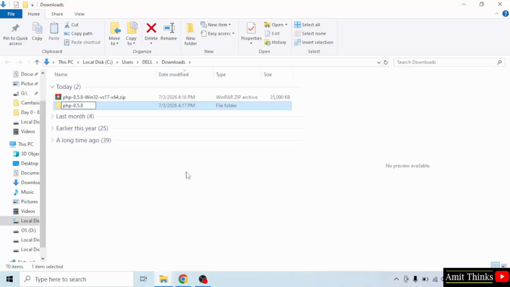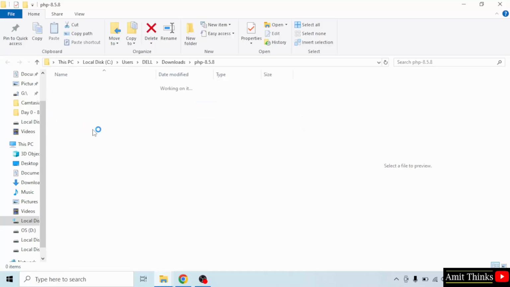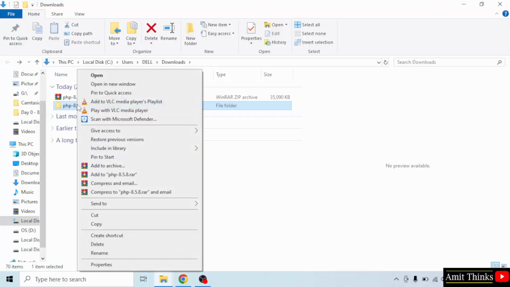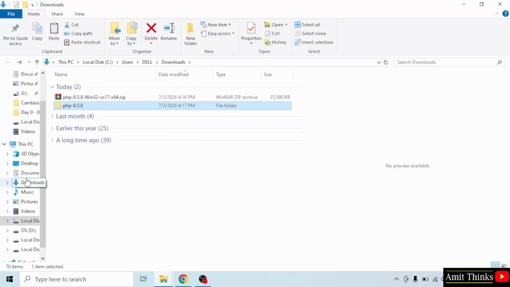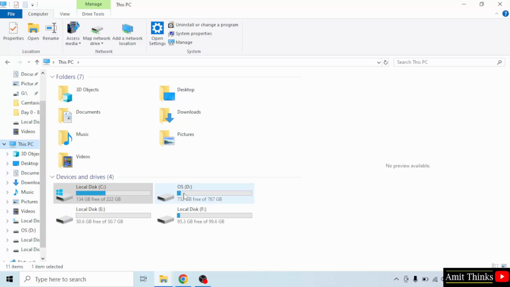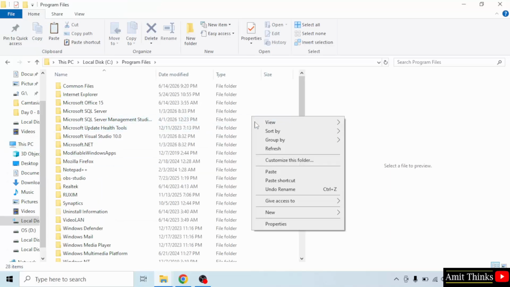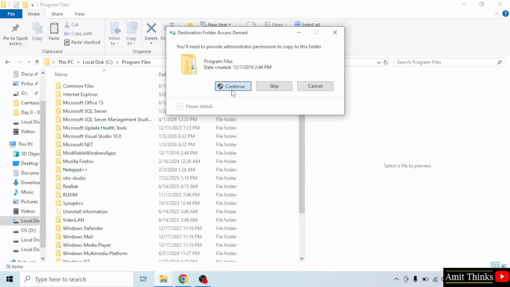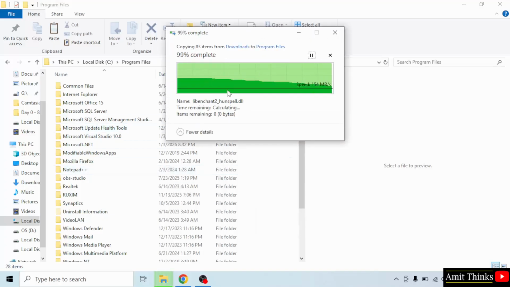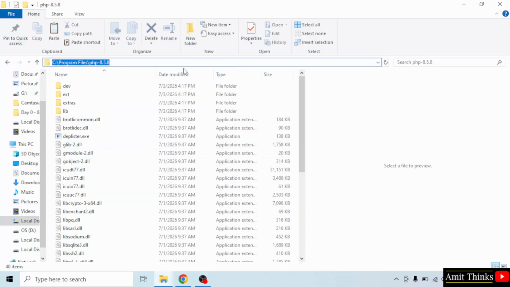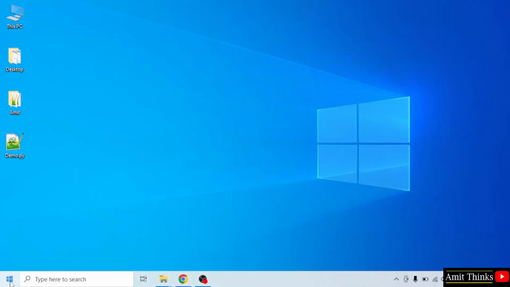Okay, that's it. I'll open it. It should be visible like this. Here I'll just copy this. Right click, copy. Go to C drive, then go to program files and right click, paste. Click continue. Here is our PHP. Double click, copy the path, minimize, go to start,